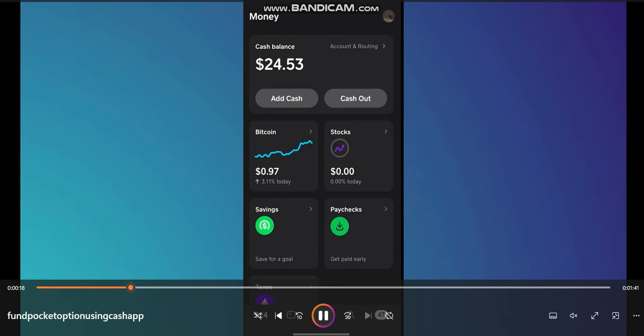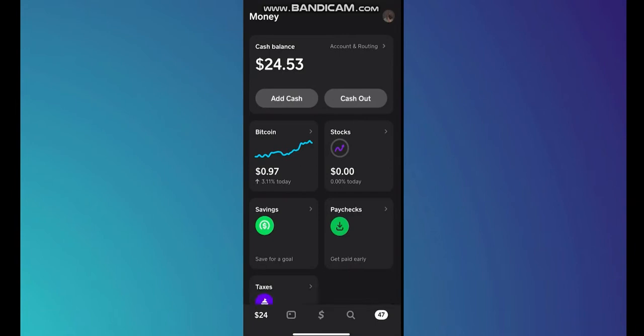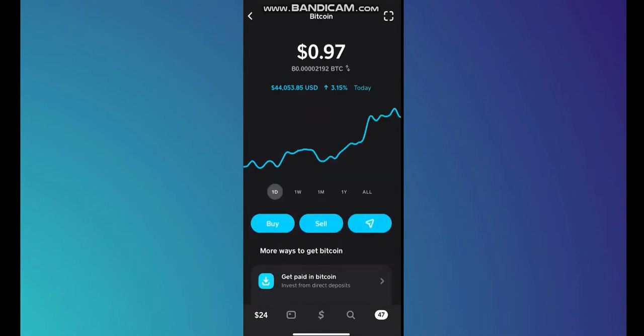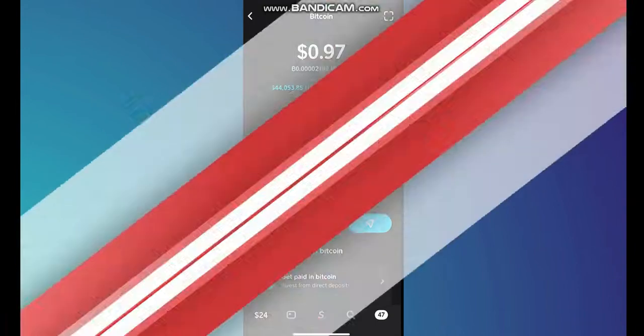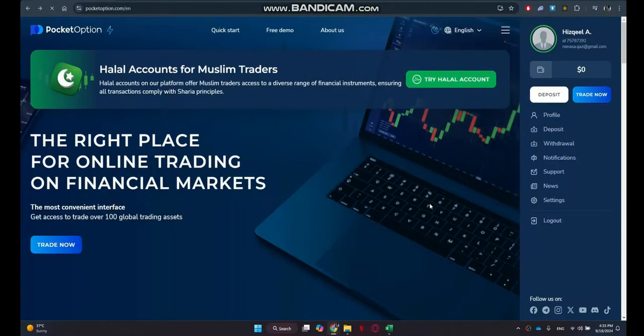So depending on the amount of deposit that you want to make, you have to transfer money to your Cash App balance, right? So then you go ahead and you buy the Bitcoin, and then you go into your Pocket Option account. You log into your Pocket Option account and you click on the deposit button there,